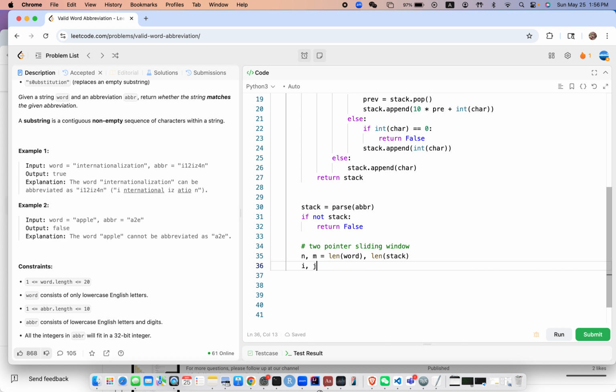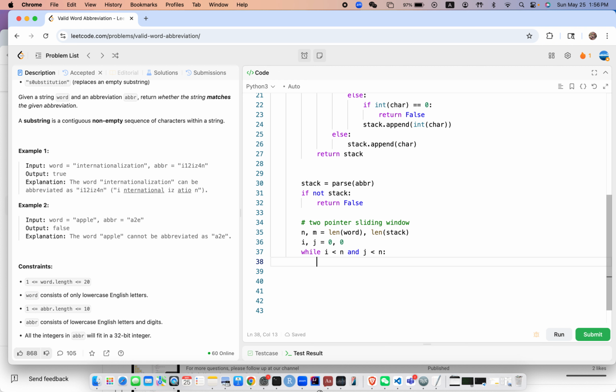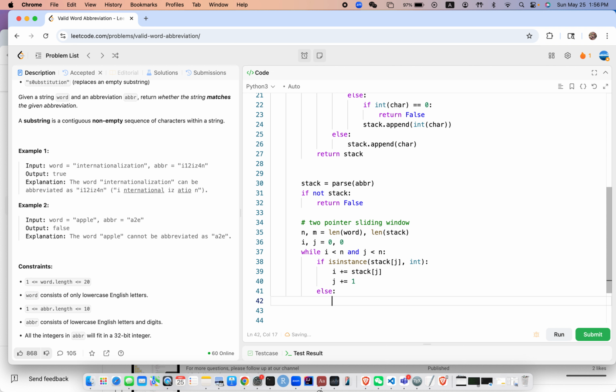We point i, j to be 0, 0 at the very beginning. While i is less than n and j is less than m, if isinstance of stack[j] is an integer,